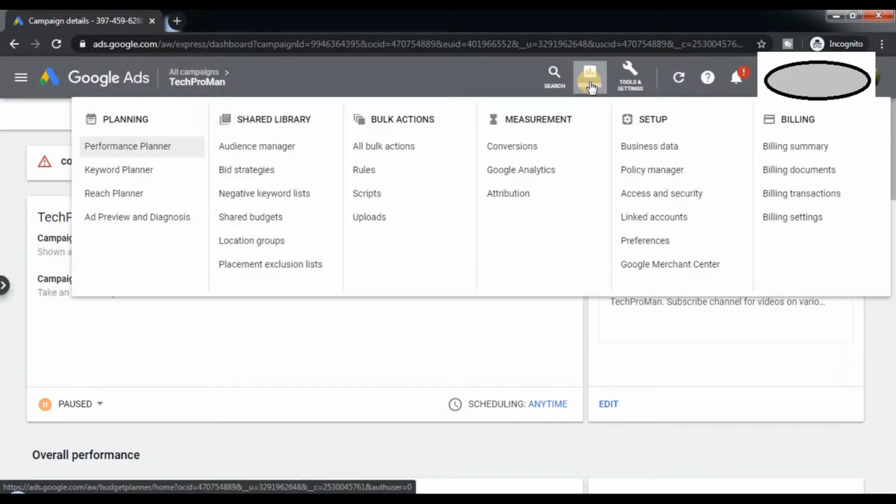the campaign management, and your overview of the Google Ads. I'll not go deep dive into this. For that, probably after a short while, I will be creating another video. Let's go to the billing summary.